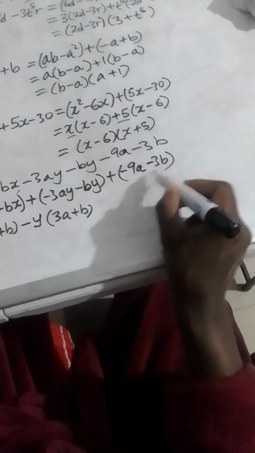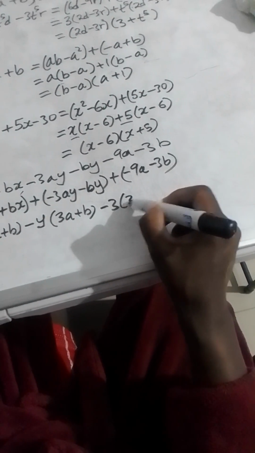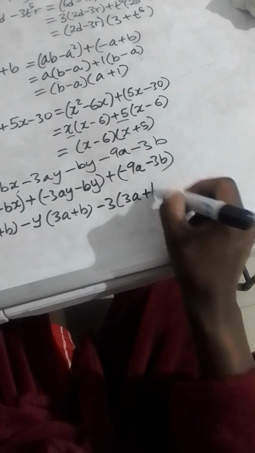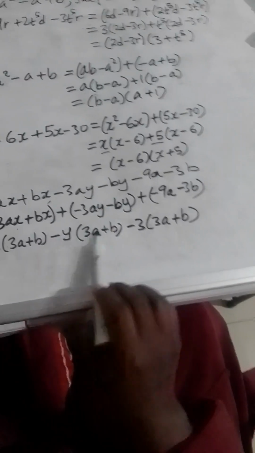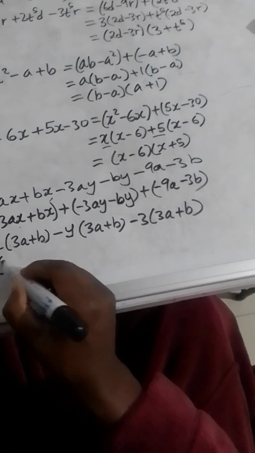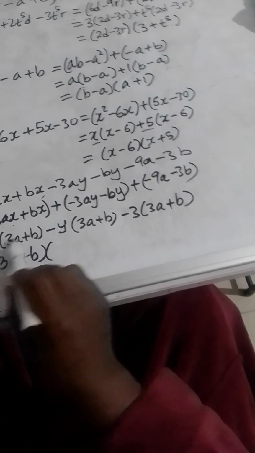Then lastly, let's see here. The highest common factor here is negative 3. So negative 3 into, we'll be left with 3a plus b. Once again, you have a common binomial factor there, which is 3a plus b. So if we take it out, 3a plus b, we're going to be left with whatever is